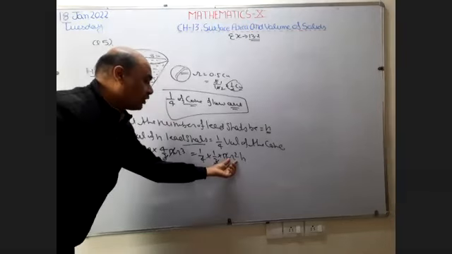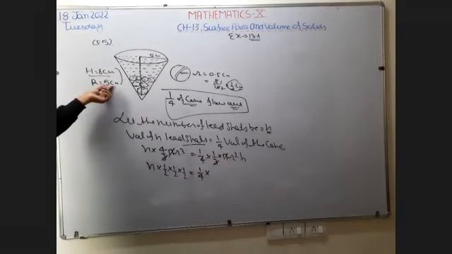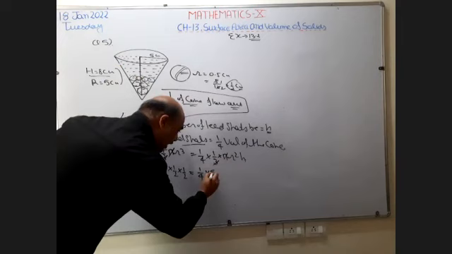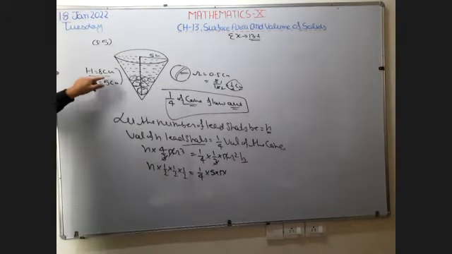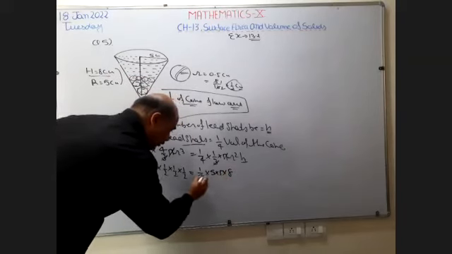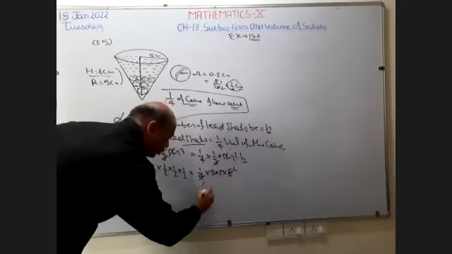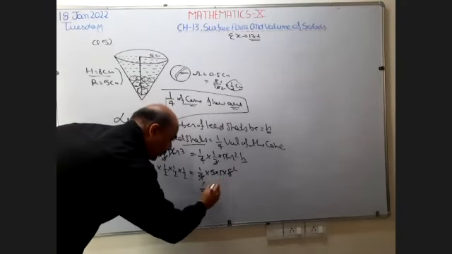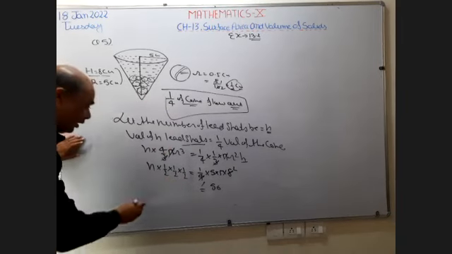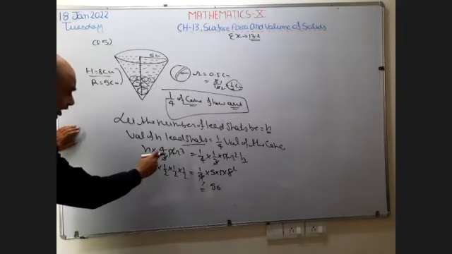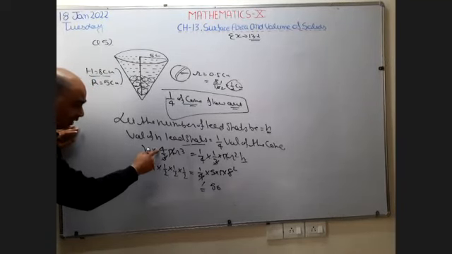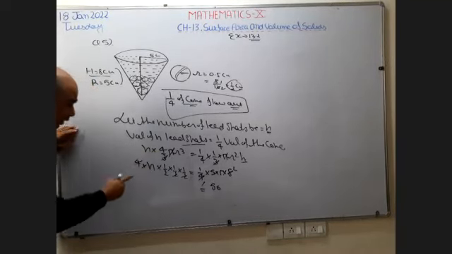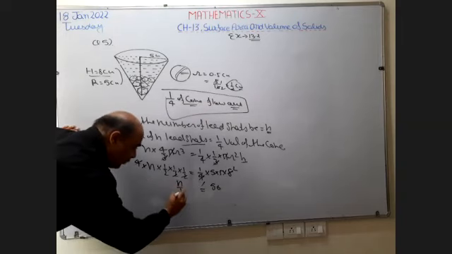This radius is of the cone. The radius of the cone is given as 5 centimeters, so 5 into 5, and the height of the cone is also given as 8 centimeters, so 8. Now 4 ones are 4, 4 twos are 8, so this is going to be 25 into 2, 50. 4 is also there, so write 4 also. 2 twos are 4, 4 is going to cancel. So what is left? n upon 2.